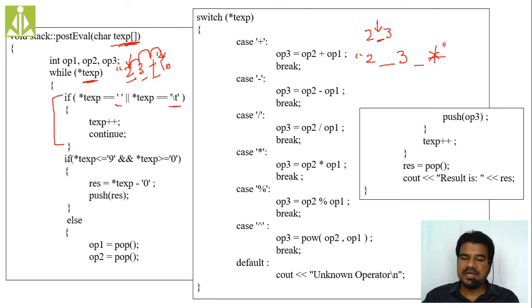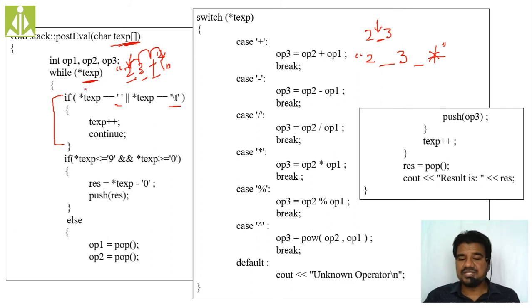So next thing, star TEXP in the sense a particular character in this entire string. TEXP, if it is an array name, itself is a pointer to the first character, that we know. So here TEXP will become the first character. Then at some point TEXP plus plus we are doing. Here also plus plus we are doing, and here also plus plus we are doing. So simply what will happen? It will move to the next character. After processing the first character, it will move to the next character. Likewise, it will reach till the end of the string.